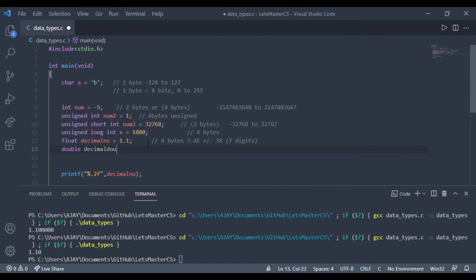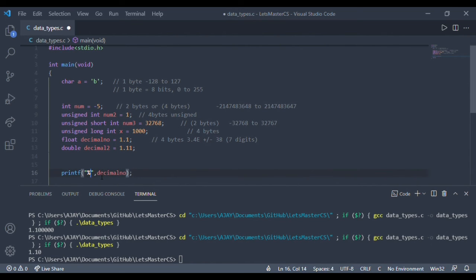Now let's check for double. Double gives, as the name suggests, double the precision of float. So you can go up to 14 decimal places.